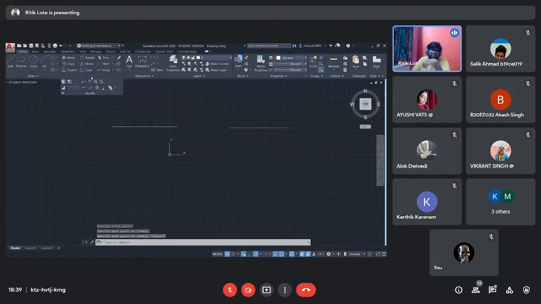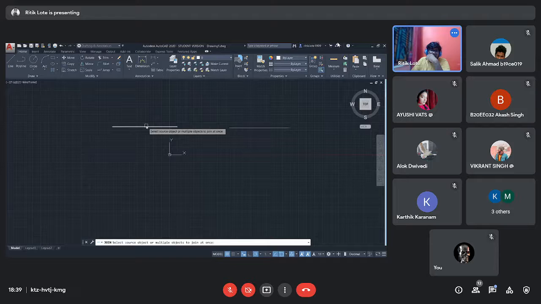Now I want to join this. So simply click on join tool, select the objects, and join them. Now we have selected the objects to join. Space enter.